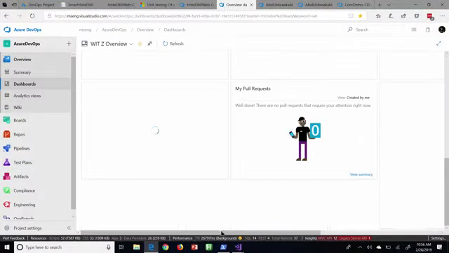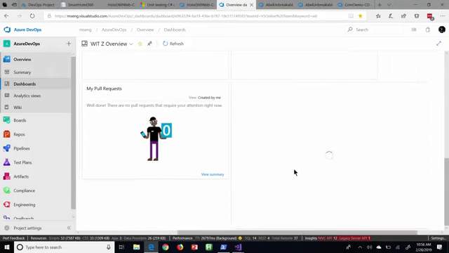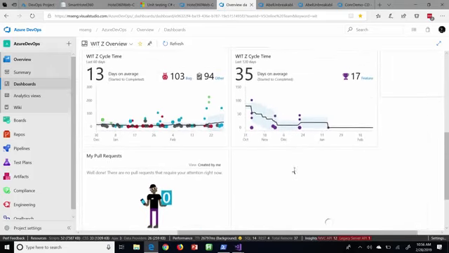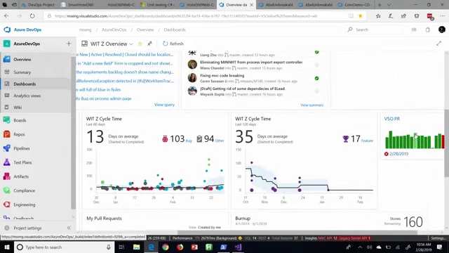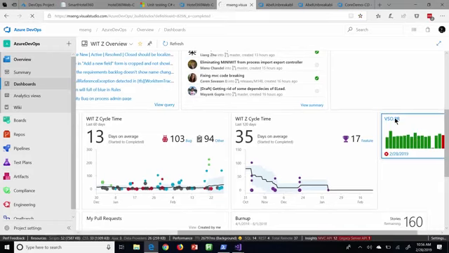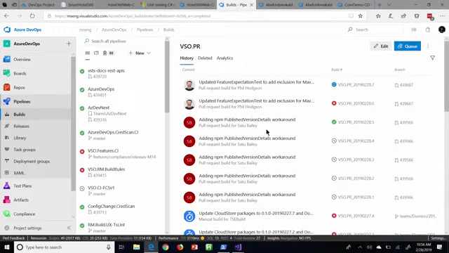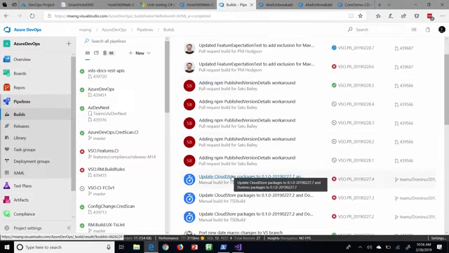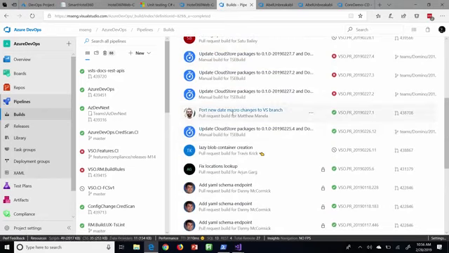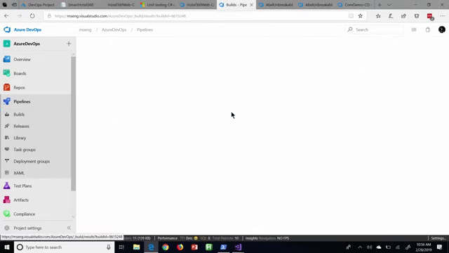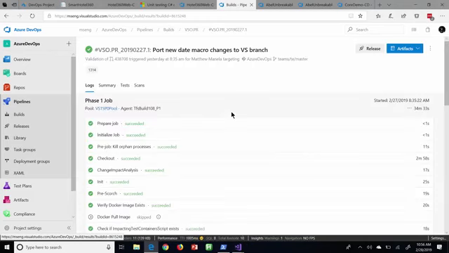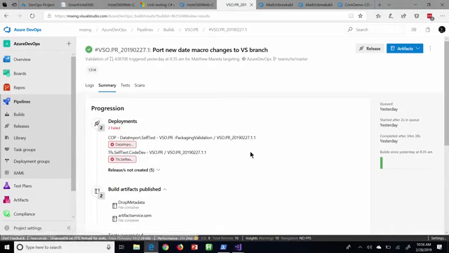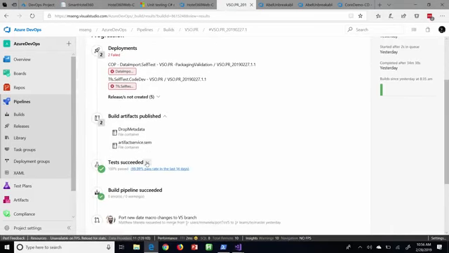This is my engineering dashboard for Azure DevOps. Of course, it's rendering right now. I need to find my pull request. Here we go. And we'll go ahead and jump into this live, and we'll see a pull request that's actually going on. Let's go ahead and just grab any one of these. Let's grab a green one. So here's a build, right? You do a pull request, it kicks off a build. Completely automated. If you look at our summary, and you look at our testing,